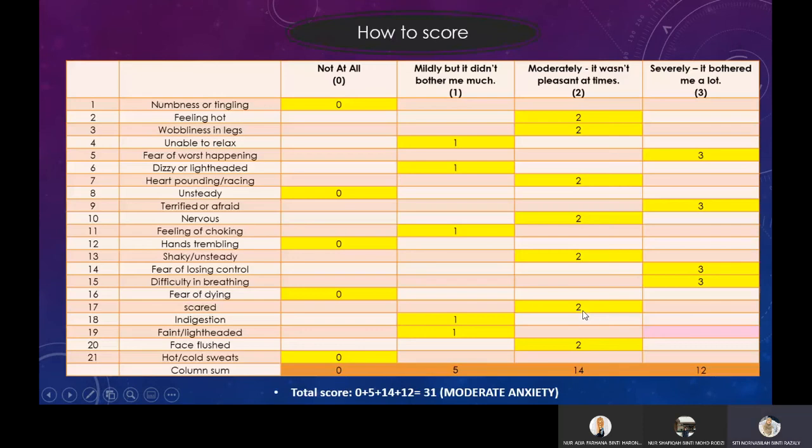Now I will explain how to score the Beck Anxiety Inventory.